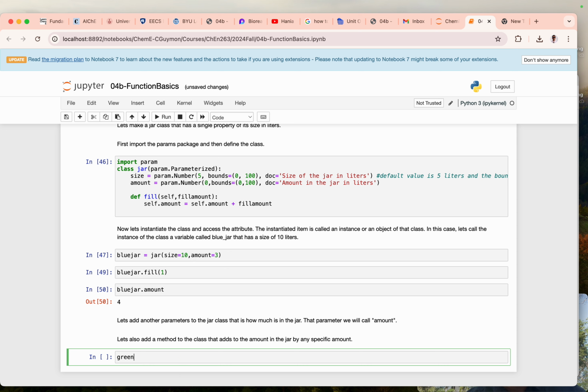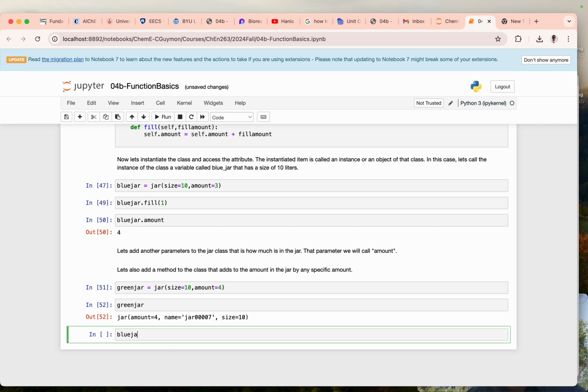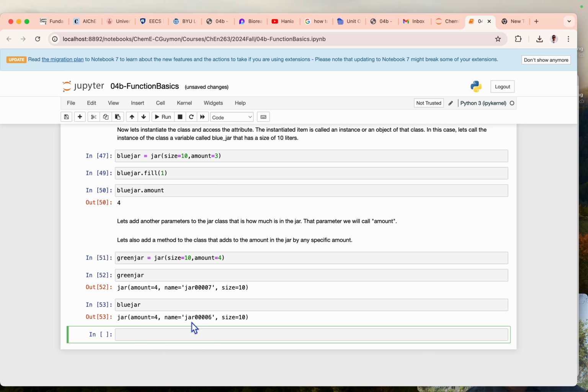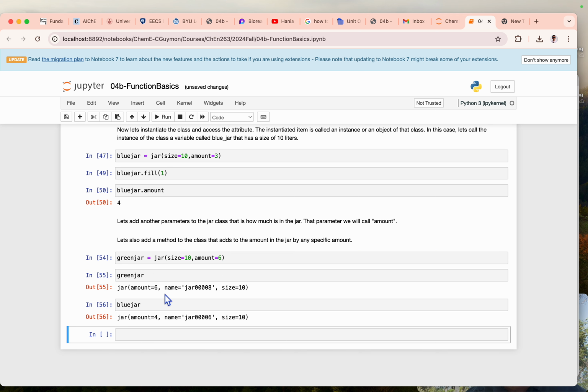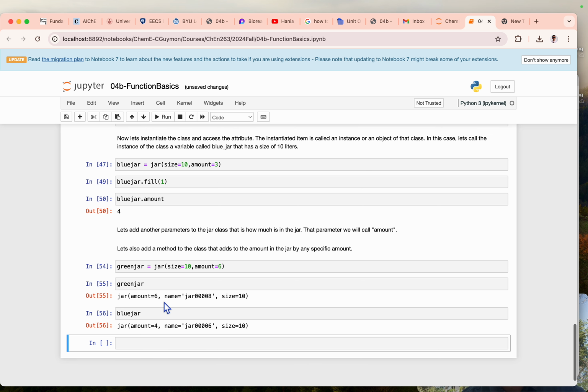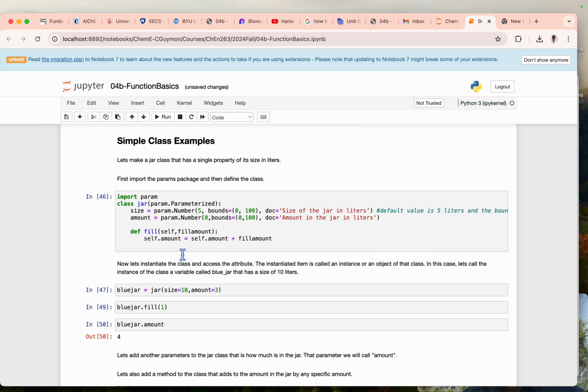Let's say we want a green jar with a different amount. So we can initiate that. Say we have the same size as the blue one, and maybe we have an amount of 4 liters. And here's our green jar, and then our blue jar. It can have different amounts. So in this case it now has different amounts. The green jar has 6 liters. The blue jar has 4. So this can be really helpful if you have different objects that are built the same way. So we'll use this in your homework, and